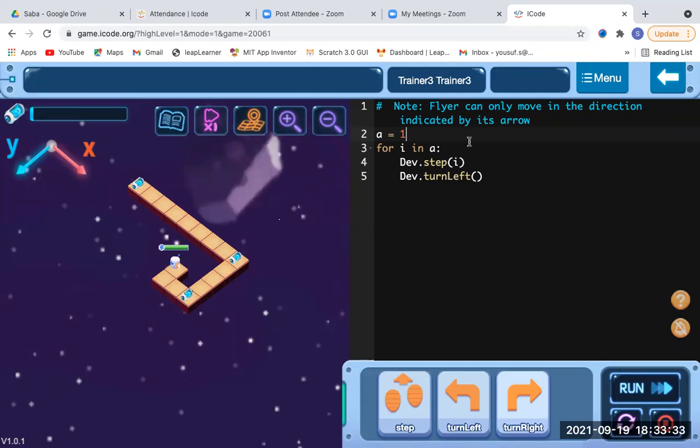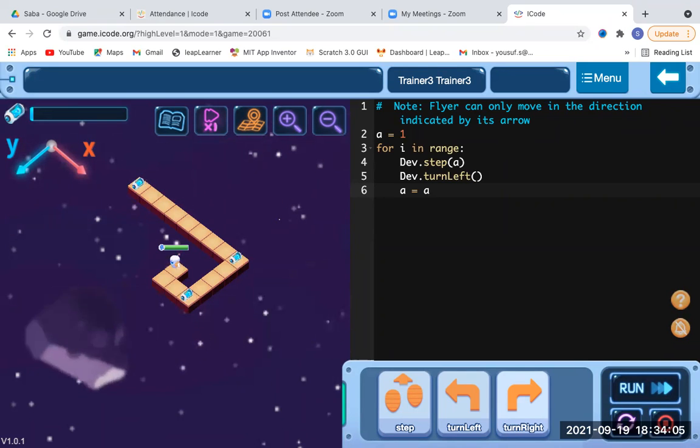For i in range, R-A-N-G-E. Now for the steps, A should turn left, and the same formula: A equals A multiplied by 2, because 1 into 2 is 2, 2 into 2 is 4, 4 into 2 is 8 itself. So I'll just put star, into 2 itself.